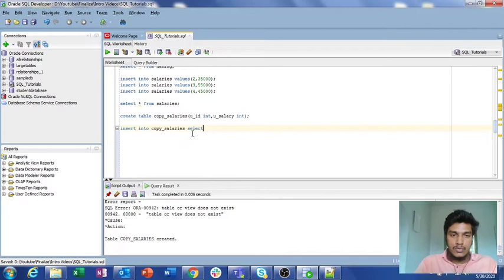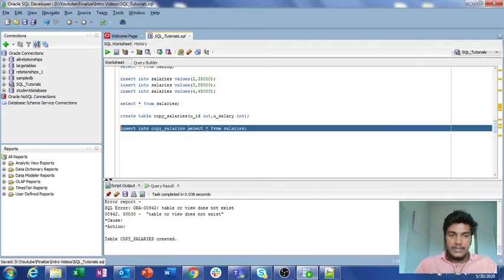So I write SELECT * FROM salaries. What it does is first run the query SELECT * FROM salaries, and whatever output we get, it will be stored directly in copy_salaries.